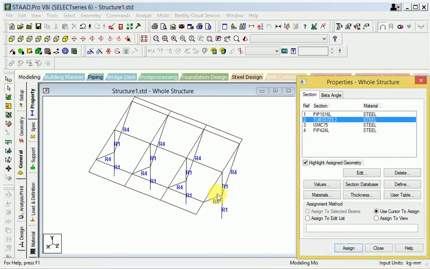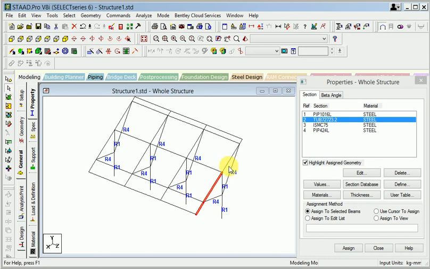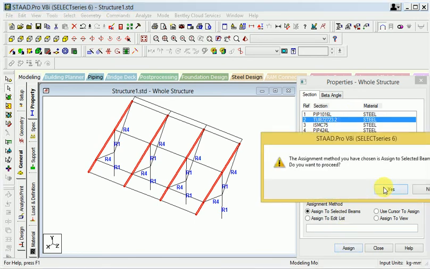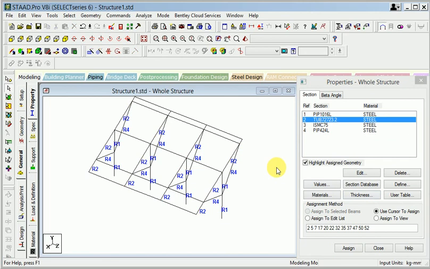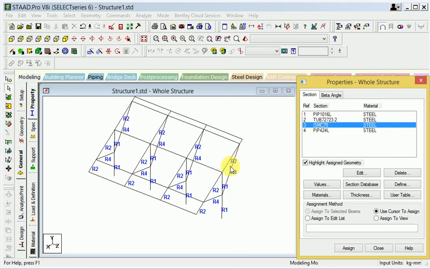So here the square tube rafter, I select this rafter. Okay, now I select this square tube rafter and assign here. Okay, then the last thing is the purlin here, ISMC channel.